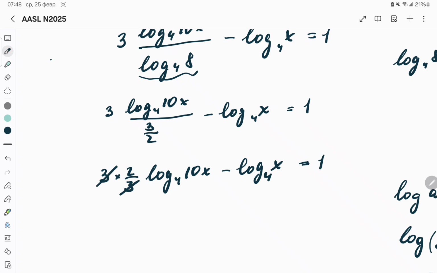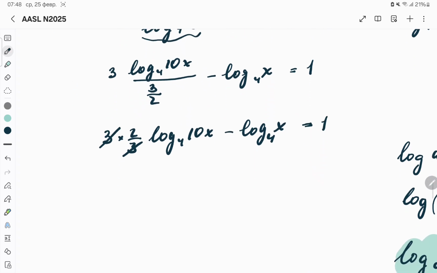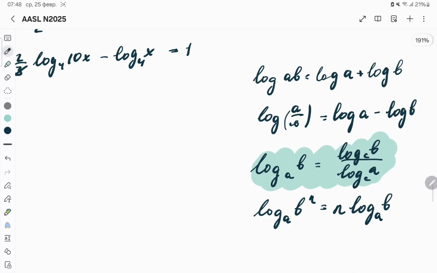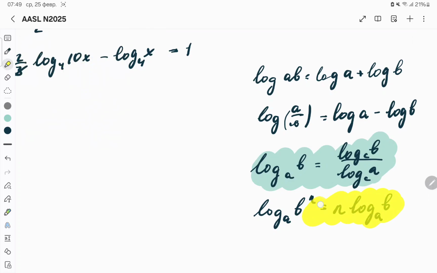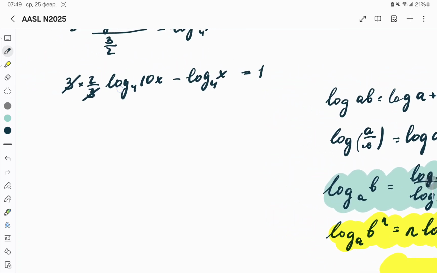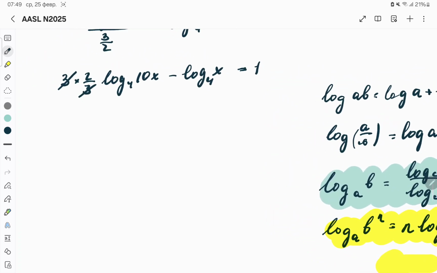And now let's reduce the fraction, and now this 2 comes in using the power rule. So we actually use this property from the right to the left. So this 2 comes as a power, so logarithm 10x squared now base 4 minus logarithm x base 4